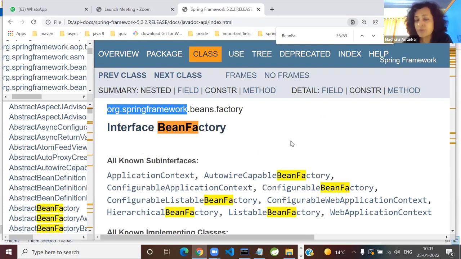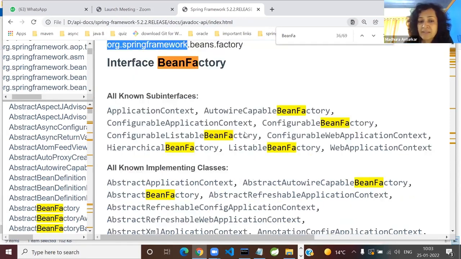Every time I'm not going to say org.springframework, it is too much. Spring Boot also follows these short forms. So when I say OS, as long as we are in Spring, it means org.springframework. So there's a sub package beans and a factory.